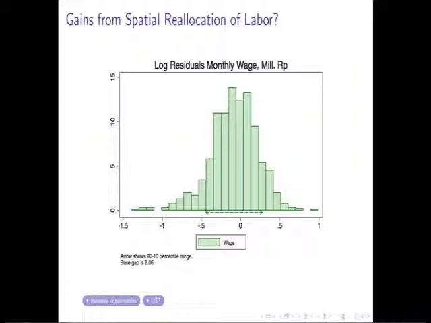But that is potentially a policy variable. How do we make Jakarta a nicer place to live if it's one of these very, very productive areas? The second reason you might think that you could exploit this gap in some way is that there are just costs of moving across space. Okay, so if I live in the countryside, as we saw in Simon's talk a little bit, I have to pay quite a large cost to move to another part of the country. Okay, so